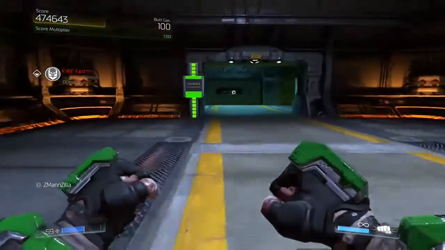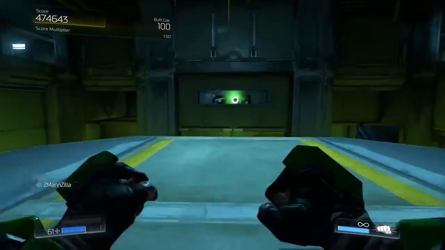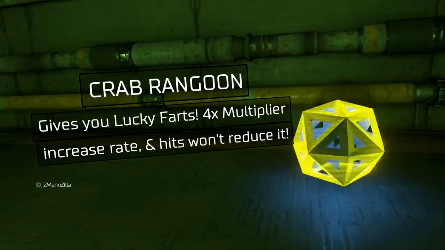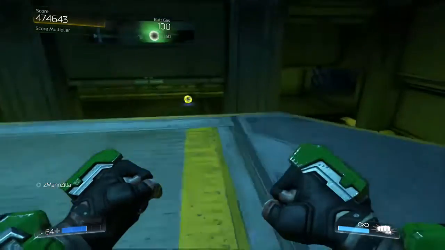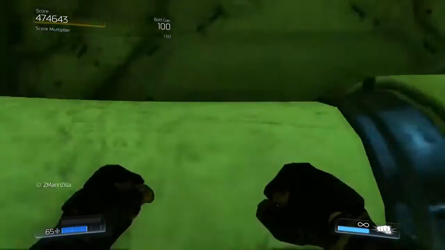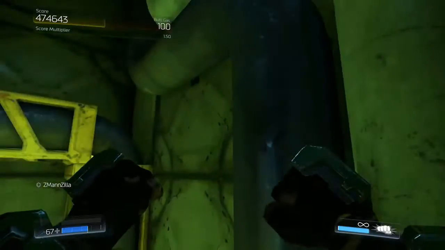Okay. Next room, a toxic relationship, and this is where I really want to show some things off. First of all, the secret area. Oh, first off, the Crab Rangoon, which gives you lucky farts. That increases your multiplier rate, and while you are under the effect of lucky farts, your multiplier will not decrease. So, I think that message probably needs to stay up a little longer, but...